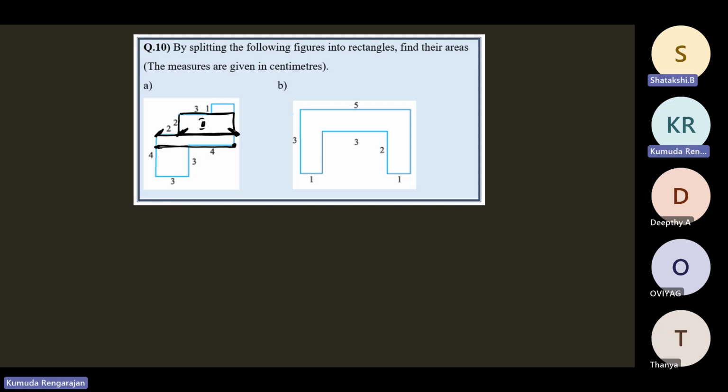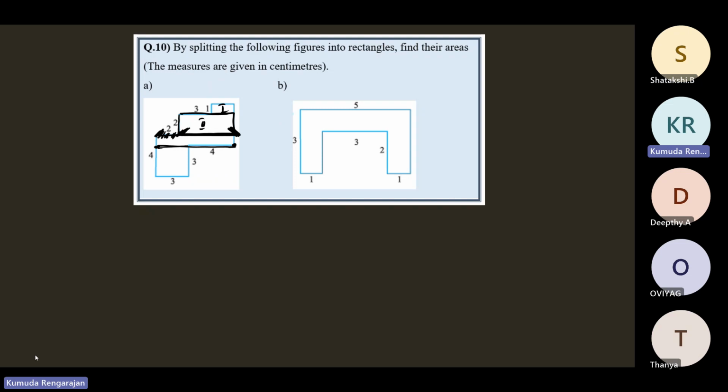But we want only the length of this portion. We want the length of only this portion. So that will be 7 minus 2, which is 5. Similarly, for rectangle 1,